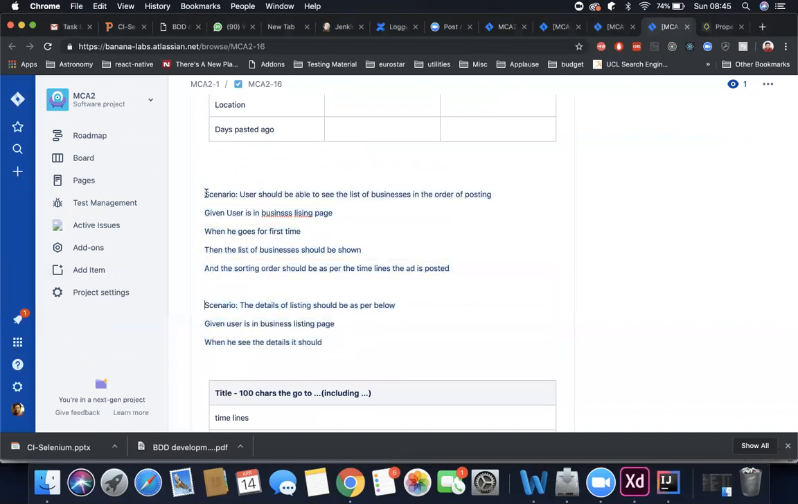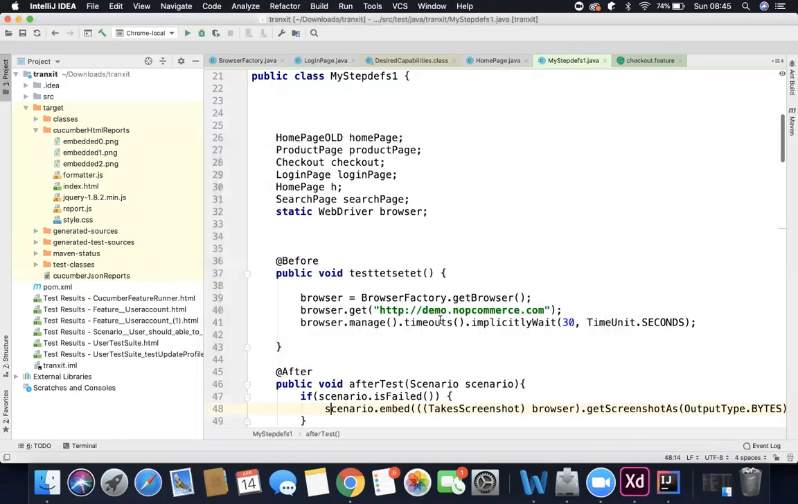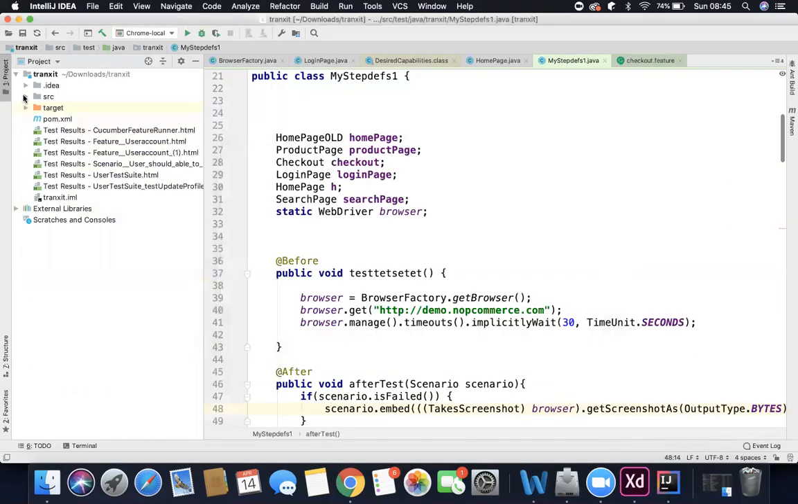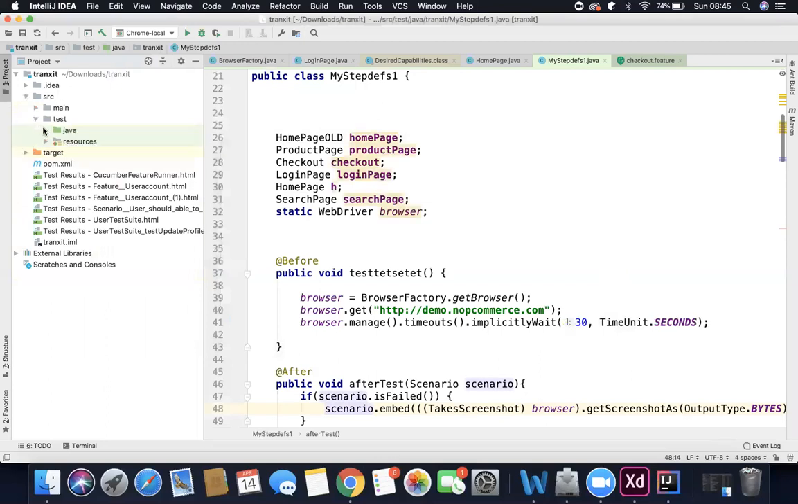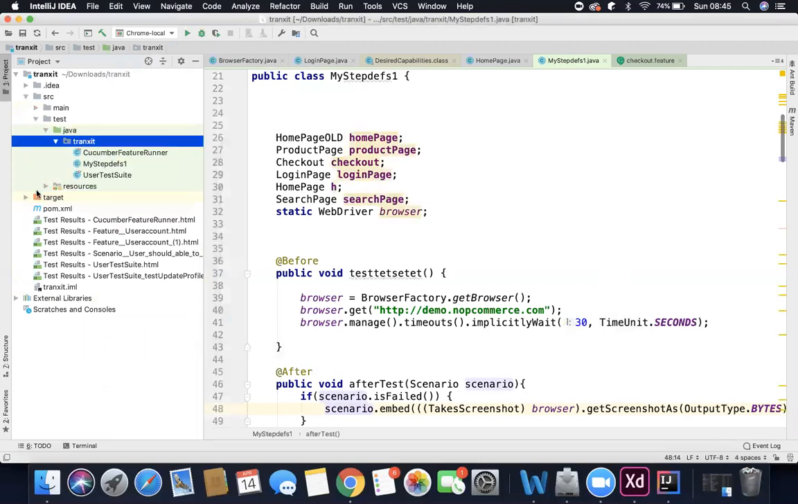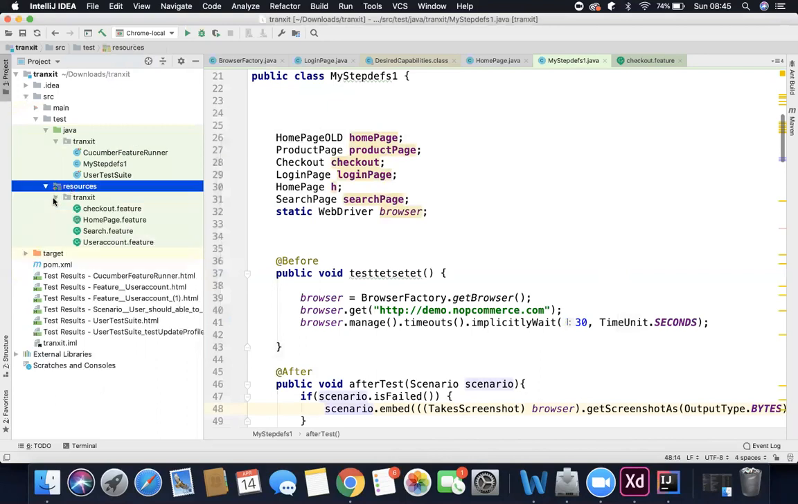Okay, so now what will happen? Let us copy and paste this into my automation framework. Right now I will start creating my feature files. So what I will do is create a new feature file called